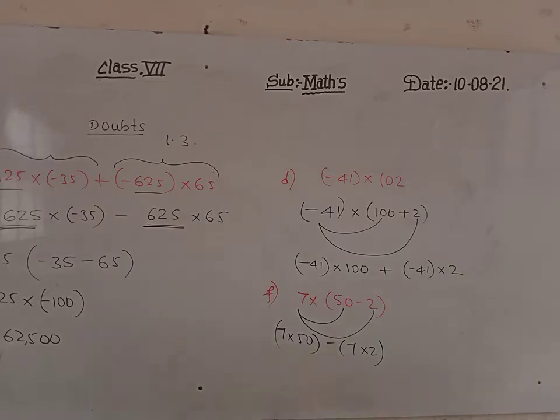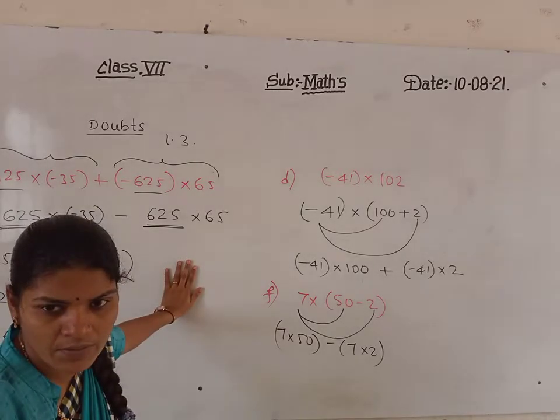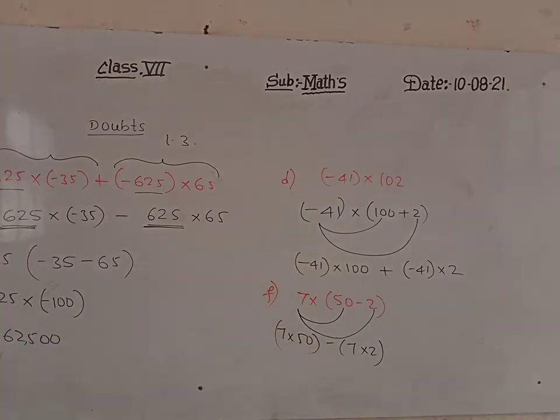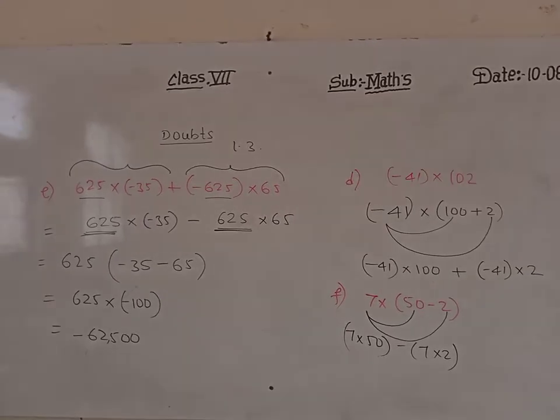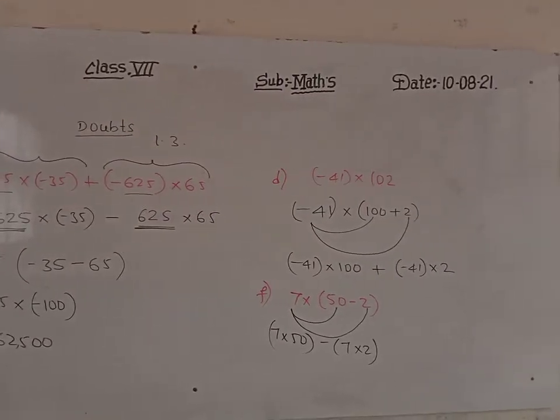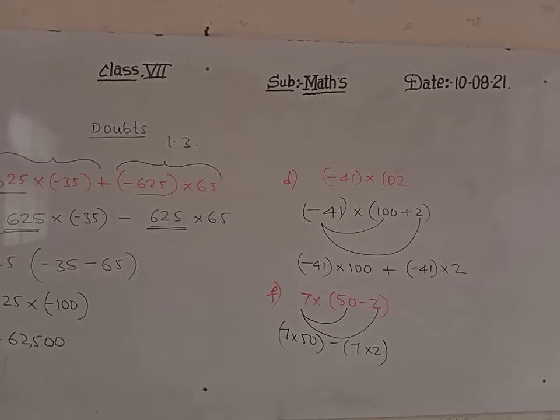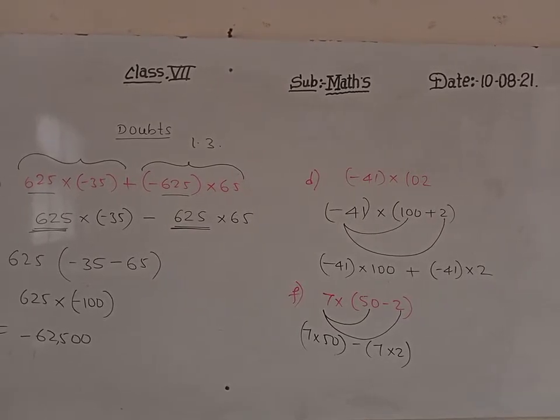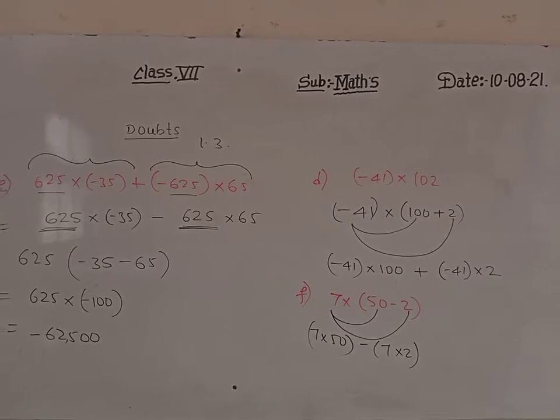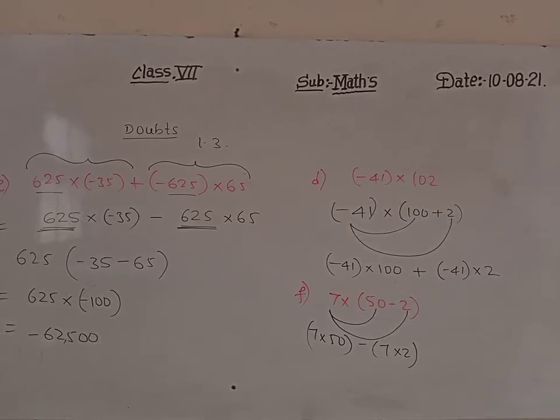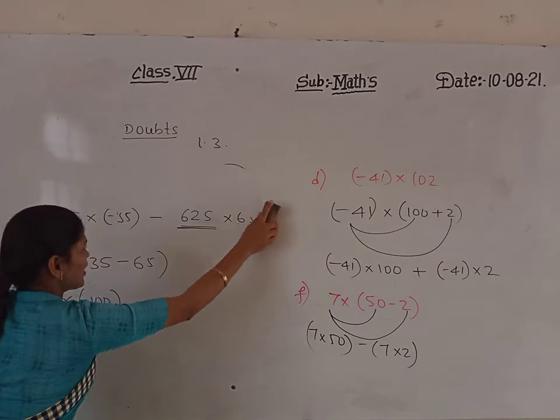I hope now everybody got it. Is it clear to everybody? Please tell me, is it clear to everyone? Yes, dear students, good. Now we will go to the seventh question. He has given me both the fifth as well as the seventh, as he has doubts. So now I will take question number 7 in exercise 1.3. I hope you have written this out.